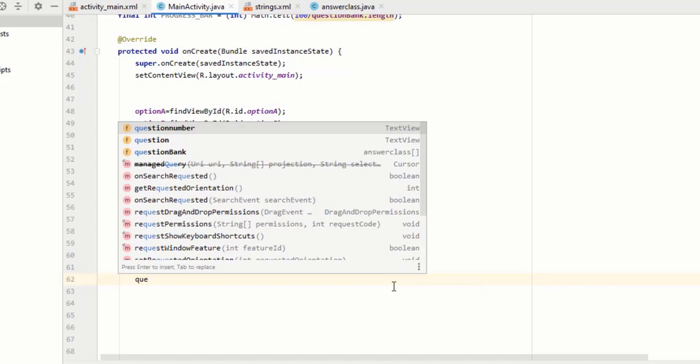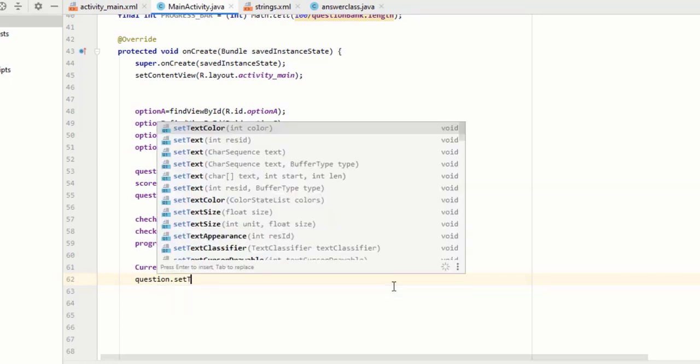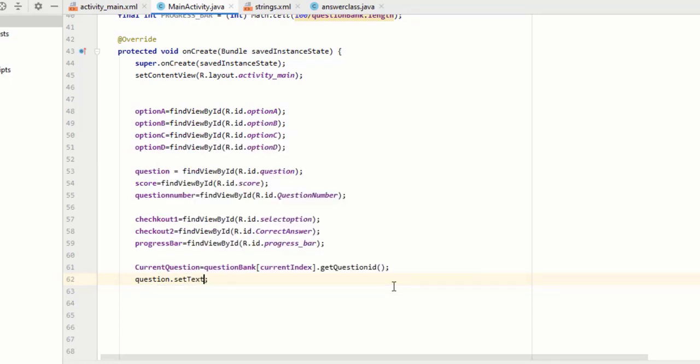So our text view name is question. So I simply type here question.setText. Then inside the brackets simply pass your variable, and our variable is currentQuestion, which holds the current question, and that's it. Now you can see our first question is implemented successfully, and in this way I have to implement our other 4